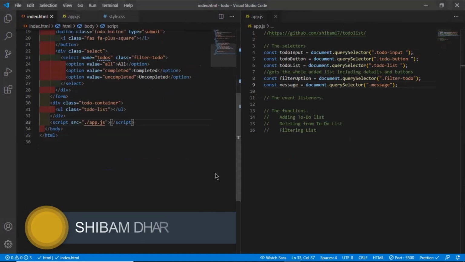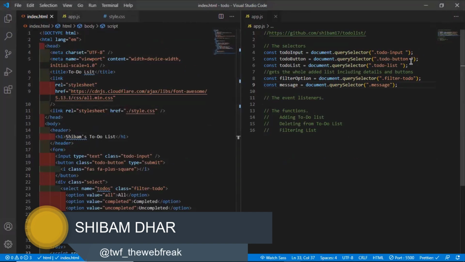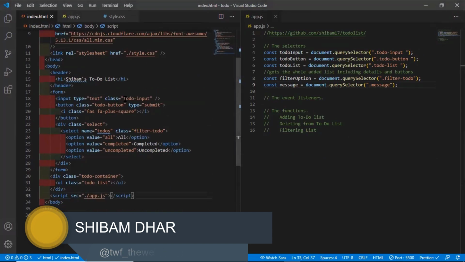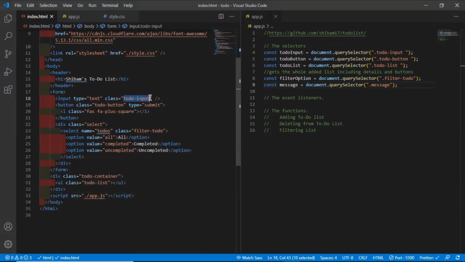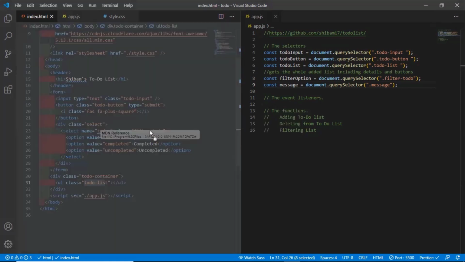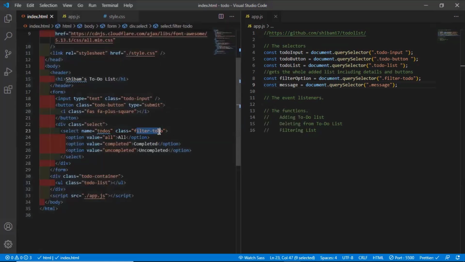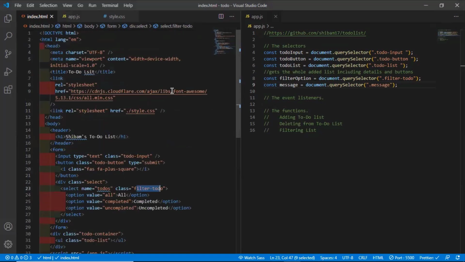Okay. So this is it. Now you can see the to do input. I got it from the to do input class. So here is the to do input card class. I have selected this. I have selected the to do button, the to do list, and also I have selected the filter to do, this thing along with the message. The message is not there right now. I understand that. The message is not required yet, but I will tell you what the message part is